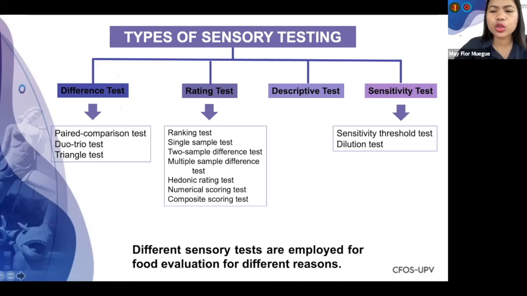And composite scoring test: rating is defined so that specific characteristics of products are rated separately. So, for example, when you test or rate the itchiness of the product, usually 10 is very itchy. 0 is not detectable. 5 is moderately detectable. But when you say rate the flavor of the product, then 10 is the most positive,